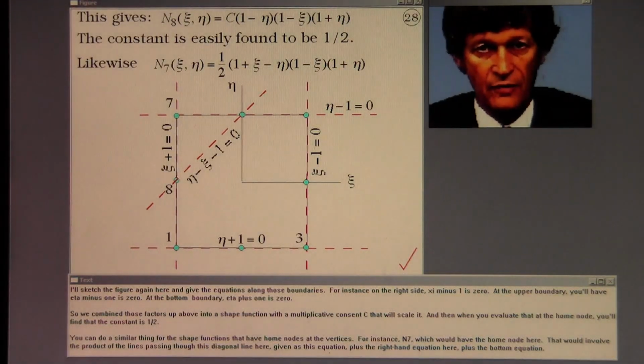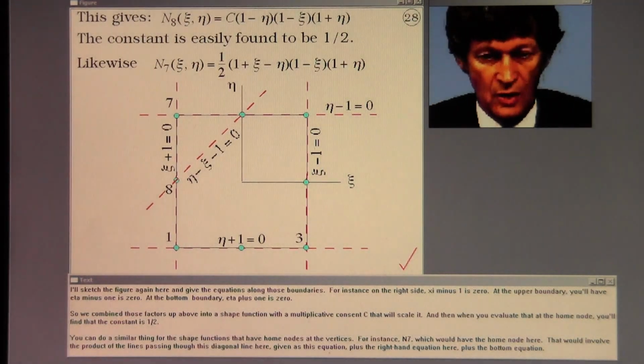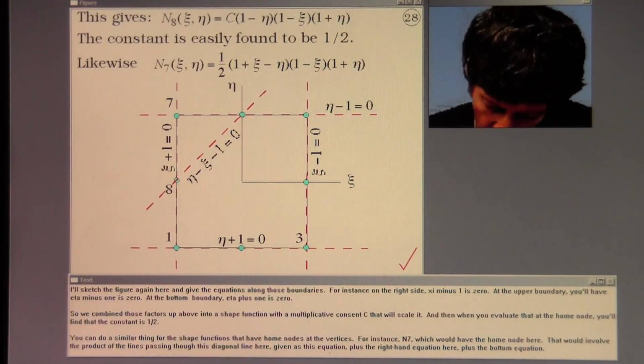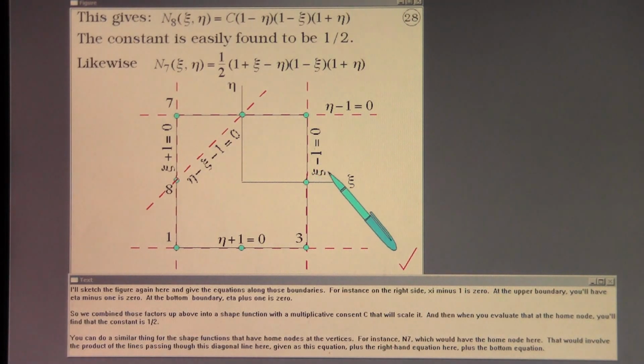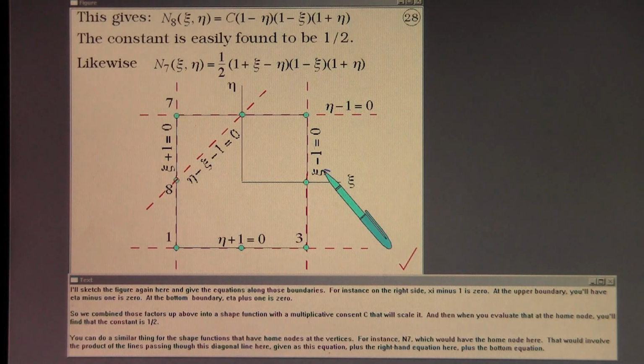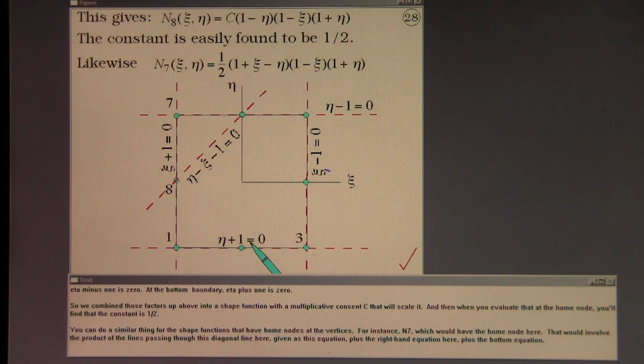I'll sketch the figure again here and give the equations along those boundaries. For instance, on the right side, C minus 1 is 0. At the upper boundary, you'd have eta minus 1 is 0. At the bottom boundary, eta plus 1 is 0. So we combine those factors up above into a shape function with a multiplicative constant c that will scale it. And then when you evaluate